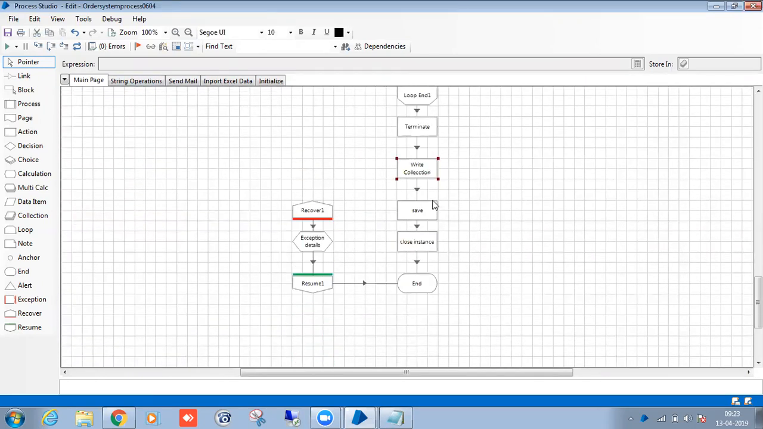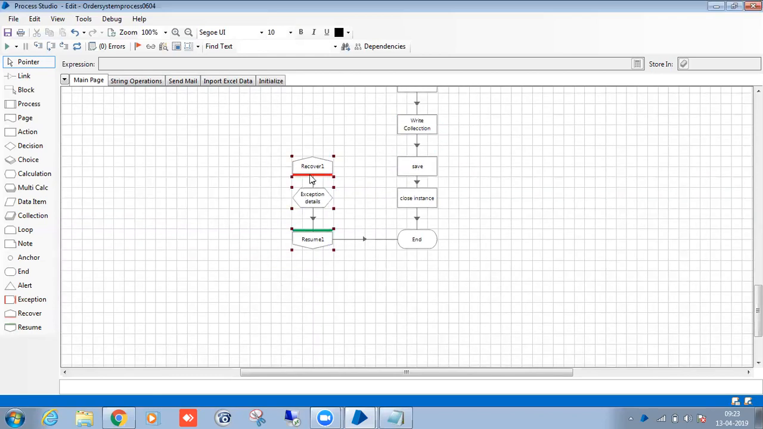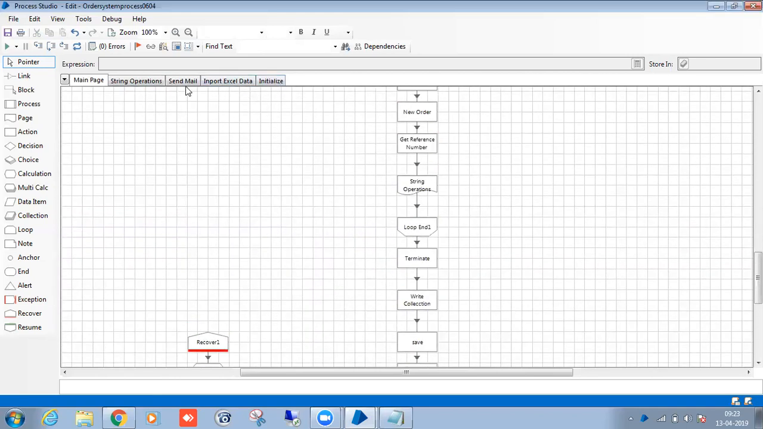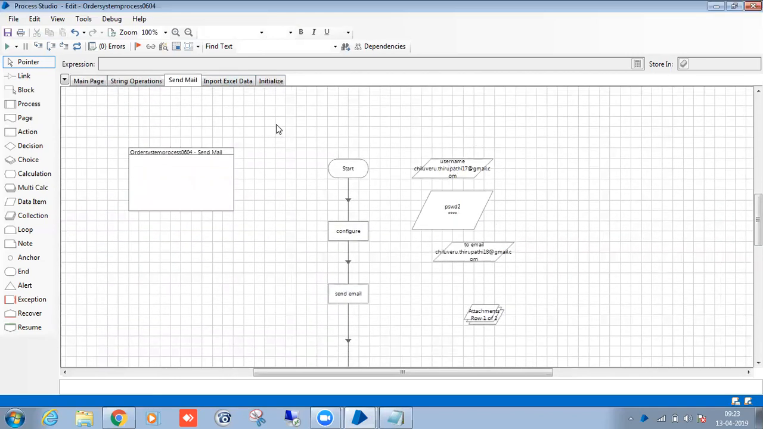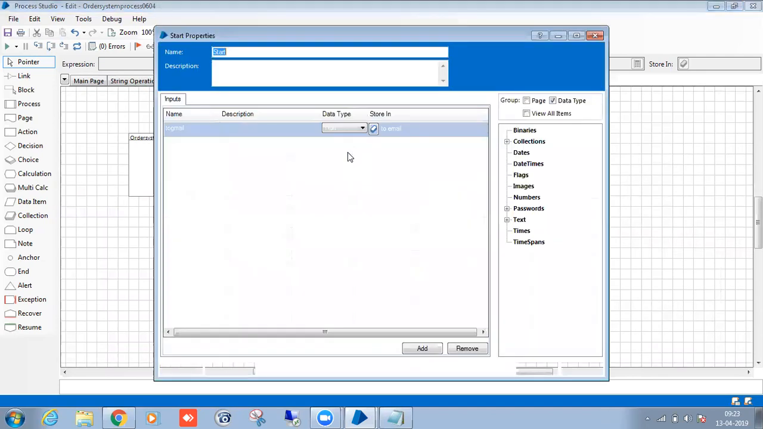Okay, see here. After writing the collection, we are saving it and closing. This is the way we are doing. Now we have to send the email alerts. So how are we going to send? This is my send mail, where I will send the mail, right? So what I will do here,